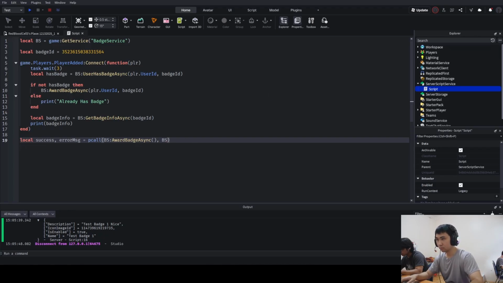arguments that we need to pass in. But in this case, we actually do need to pass in two arguments, because we're passing them into our AwardBadge method, which, if you remember, takes in two arguments: the first one is the user ID and the second one is the badge ID. So in this case, we have to pass in our two parameters, which is going to be the player.UserId. But the